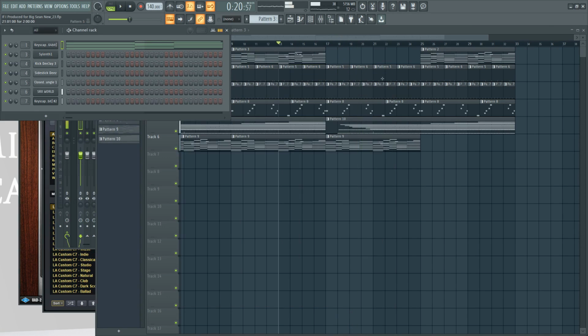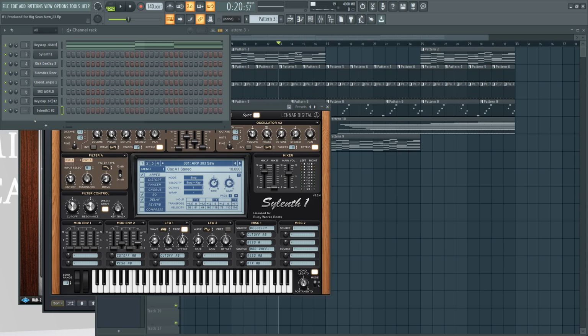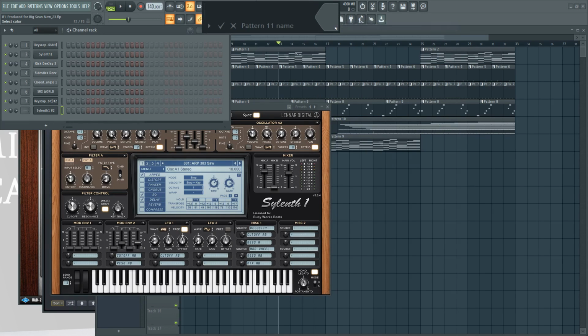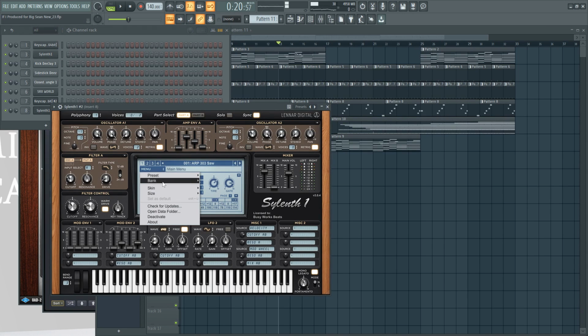That'd be cool though. So I'm going to layer this chord progression, pattern 2, or no, pattern 3. Hit Control C, open up another instance of Sylenth. Where we at? Sylenth, here we go. And I'm going to go to a new pattern, paste the chord progression in with all the movements, and I'm going to layer it atop the Rhodes. But this time, let's go to menu, clear, and just a simple sine wave, but with portamento.